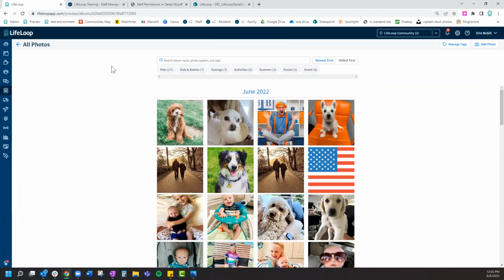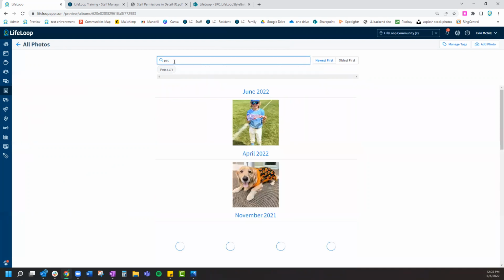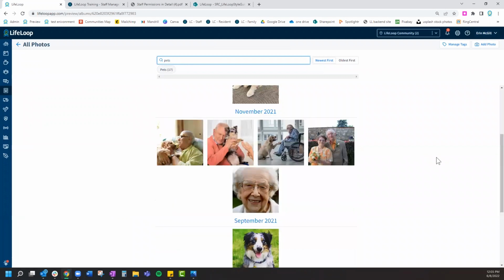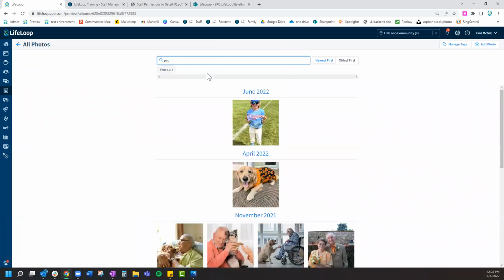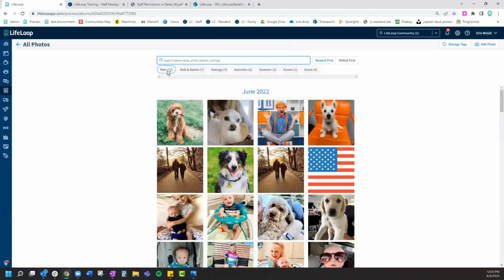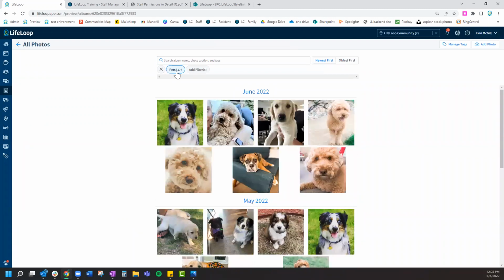So I'm in all photos and I have a search bar up here so I can search by a specific tag. So I can search by pets and see what photos are tagged with the word pet. Or I can just click on the tag. So if I click on pets, it's going to filter everything to that tag. Click add filters and also pick any that are also tagged. To add